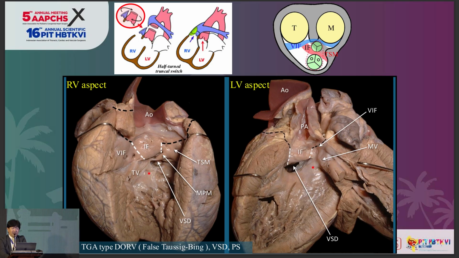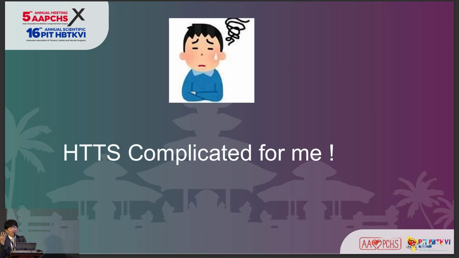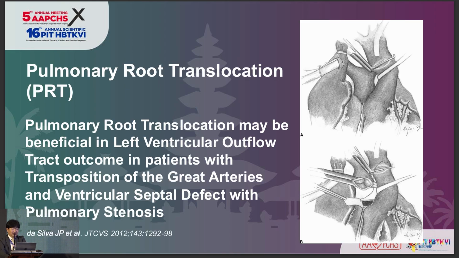But this is probably very complicated for me, because of keeping the aorta, and also keeping the pulmonary valves as well. So I said there is a very simple operation for surgeons,